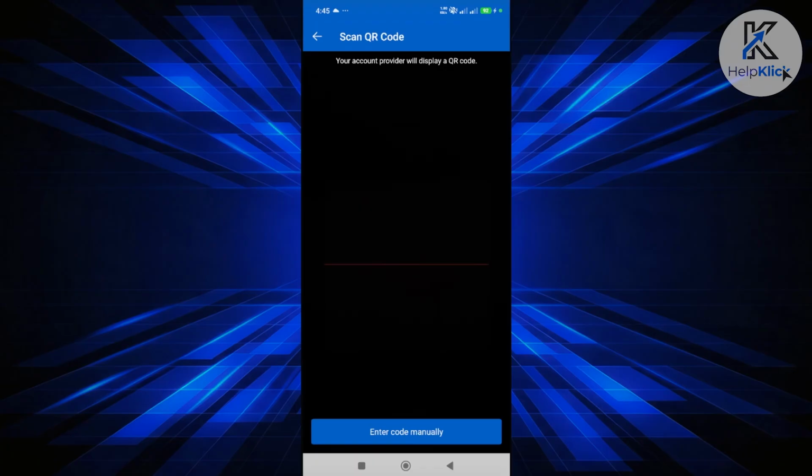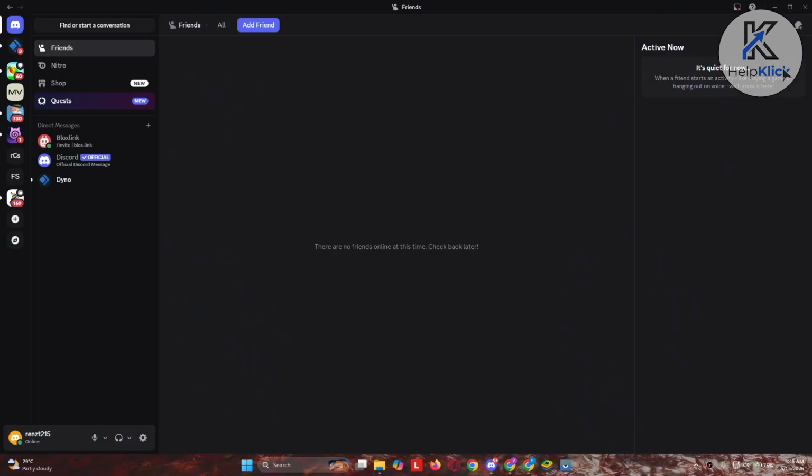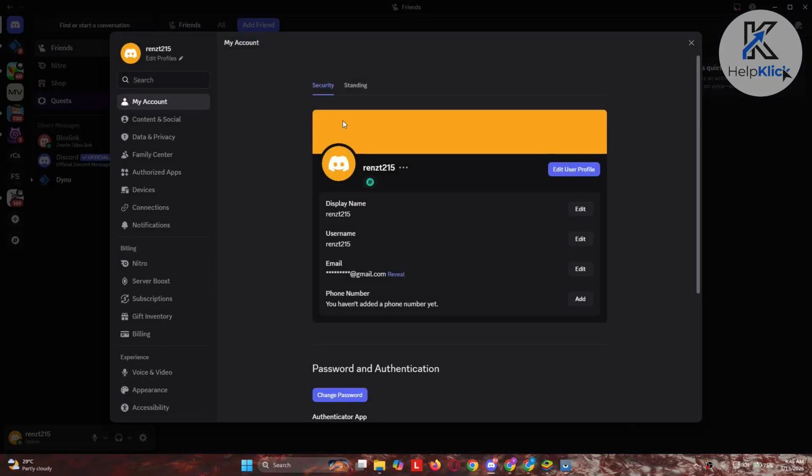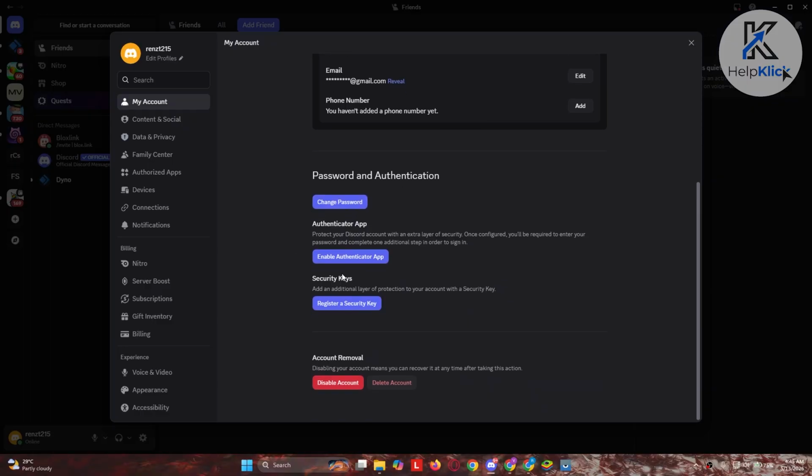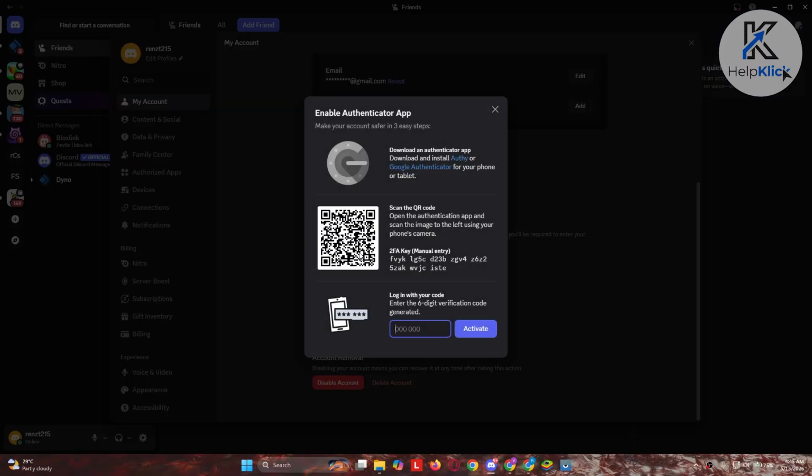So let's go and head over to my Discord account, and let's just scan the QR code that we'll be seeing. So we are now inside the Discord account I have right now. In this case, I want to click on the gear icon, or go to your settings, and go to your security settings here, and click on enable authenticator app. Now from here, you should see a QR code that you could scan, or you could just copy the code that you are seeing in here